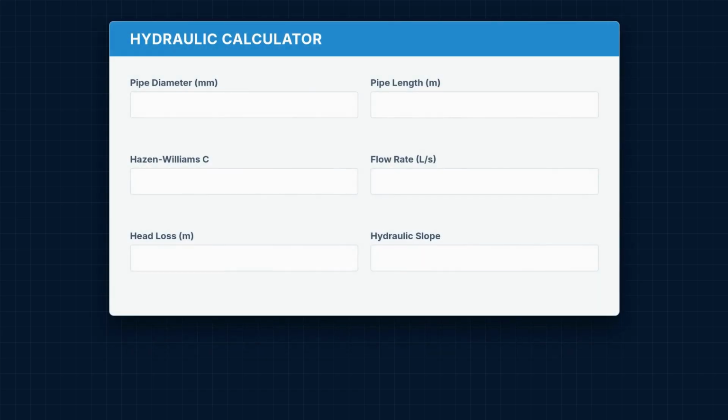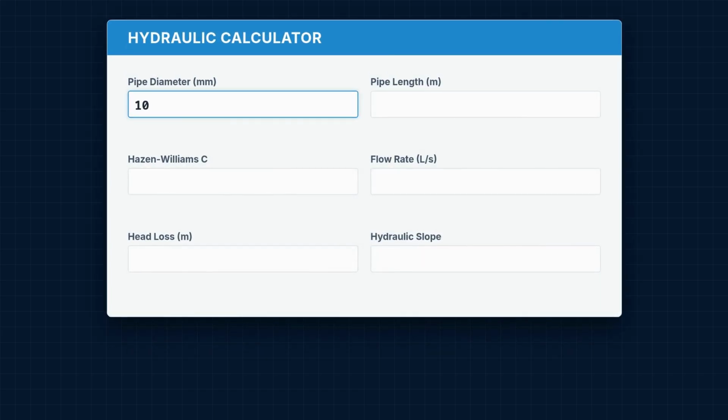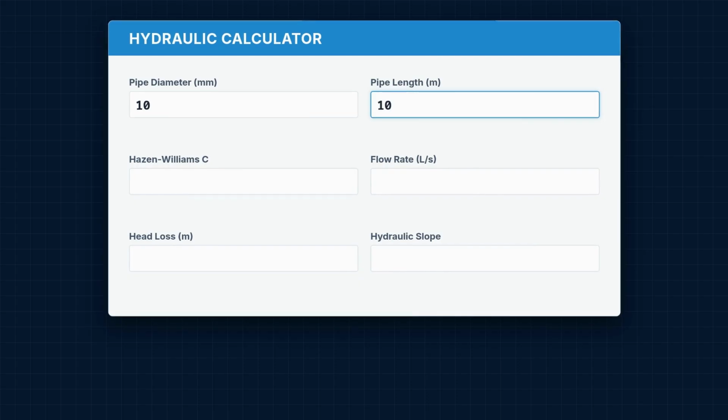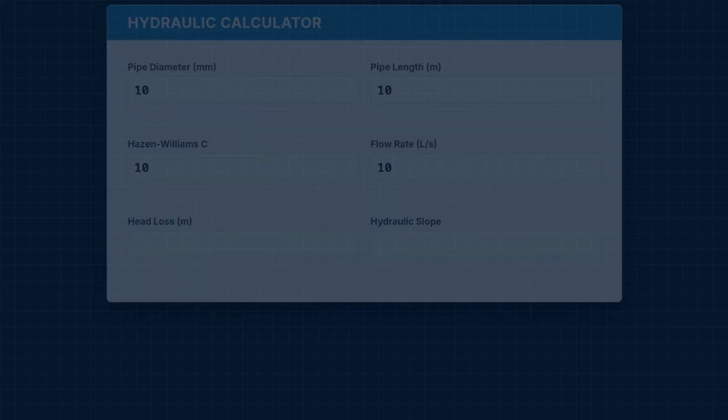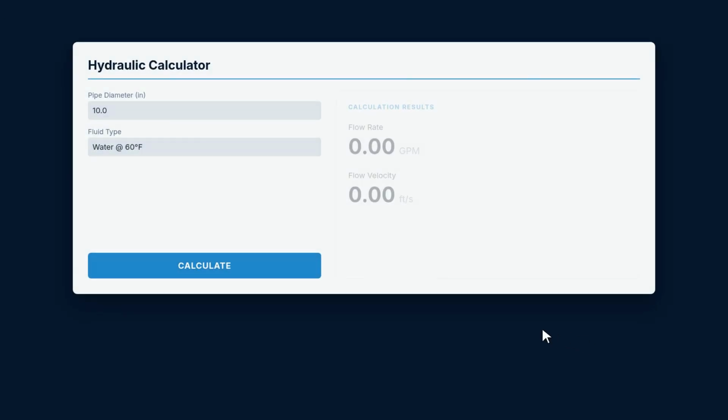Here's a worked example. I'll input 10 for pipe diameter, 10 for pipe length, 10 for Hazen-Williams C, 10 for flow rate, 10 for head loss, and 10 for hydraulic slope. After clicking Calculate, the results show a flow rate of